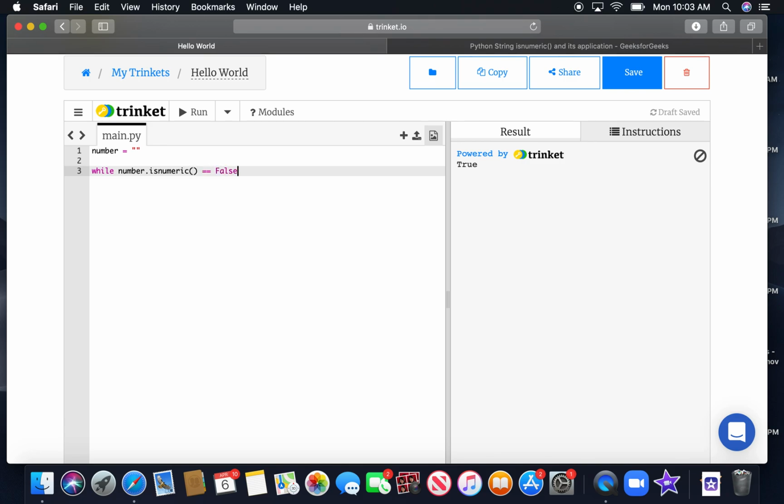equals false. Notice that I have 2 equal signs here, because when you're doing a test for while or if, which we haven't even done yet, but we'll look at if in a little bit, you have to have 2 equal signs if you're looking at equality, because if you have 1 equal sign, the computer thinks you're setting a variable. So 2 equal signs means does it equal to. So while number isnumeric equals false, now I'm going to put a colon here, and I'm going to say